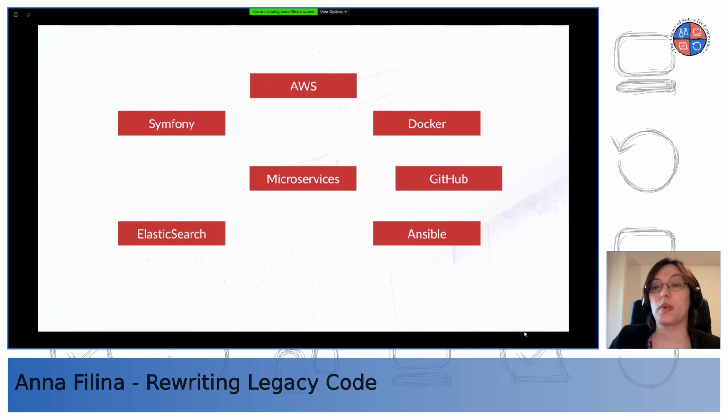Of course, we want to switch to GitHub because CVS is too old, or SVN or Mercurial just doesn't cut it anymore. Let's move everything to Git and GitHub or Bitbucket because it just works so well. They have enterprise level accounts.